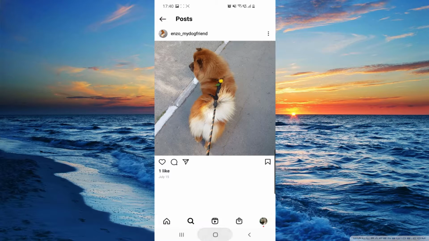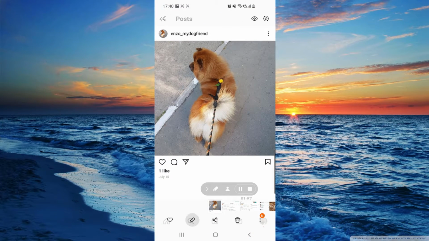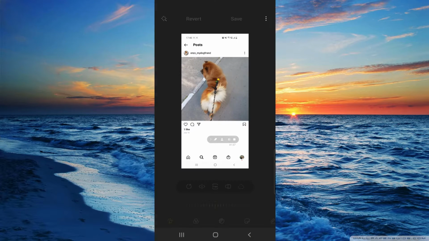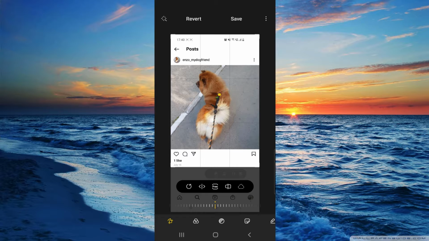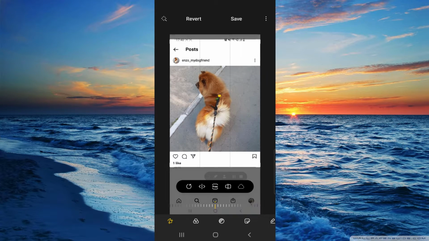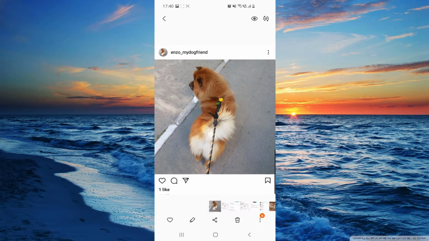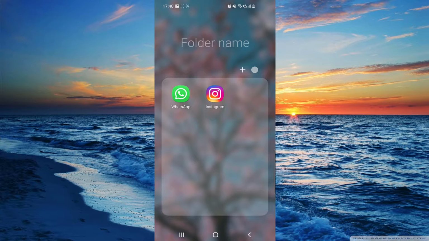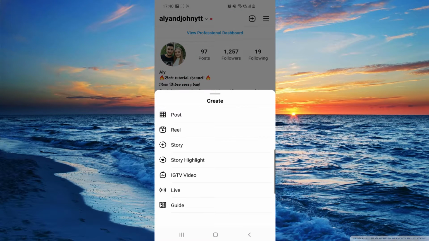and then you can go to your gallery, crop this a little bit, like this, and click save. So now you can go to your Instagram, to your profile, click on the plus and then